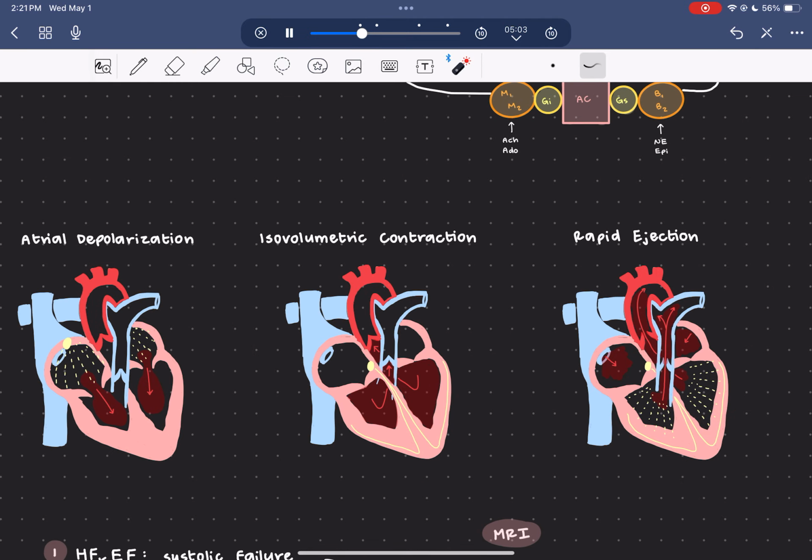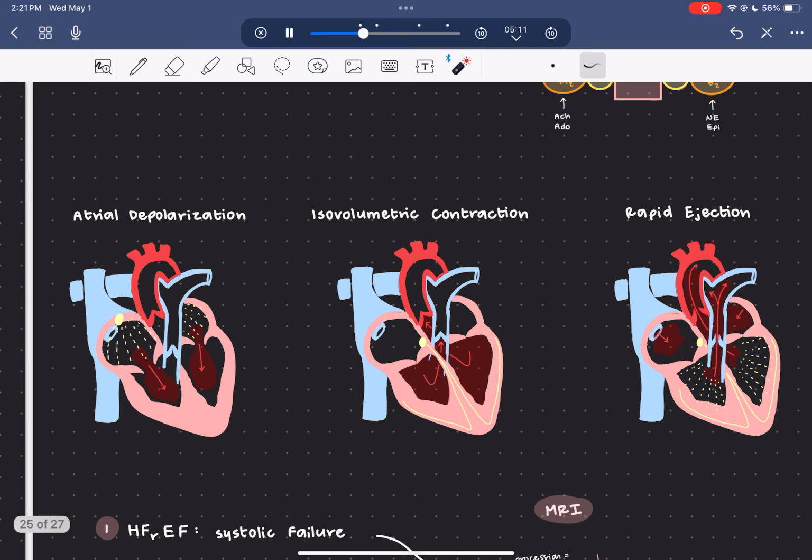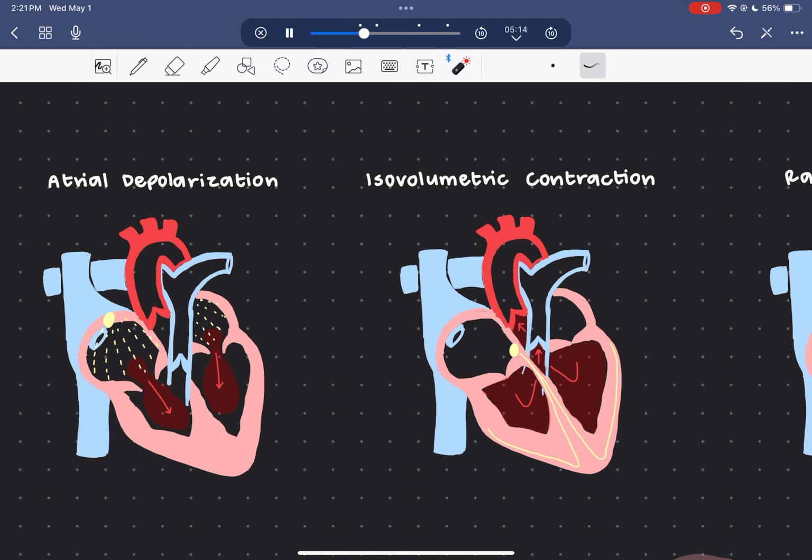So now that we have a general understanding of the two different depolarizations that occur within our heart muscle, we're going to look at the SA node, the AV node, and how this signal goes throughout the heart. So looking at this first picture, we're going to look at atrial depolarization. This little yellow dot is going to show where the SA node is sitting. It's at the right atria, and it's going to send this signal across both of the left and right atria, where this is the active contraction pushing the blood into our